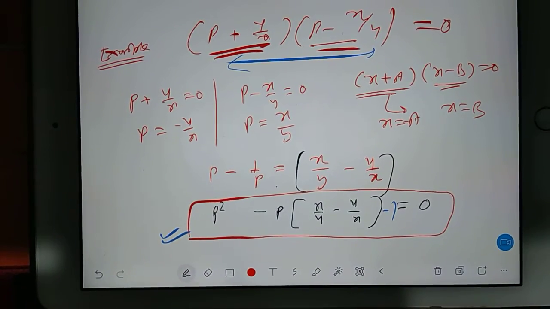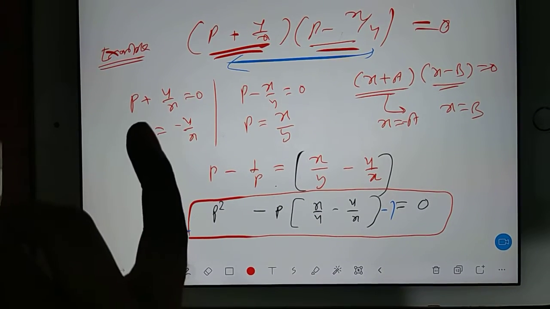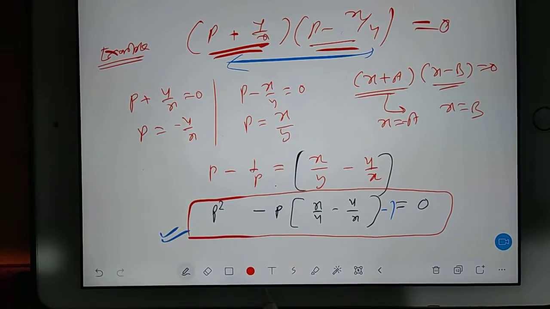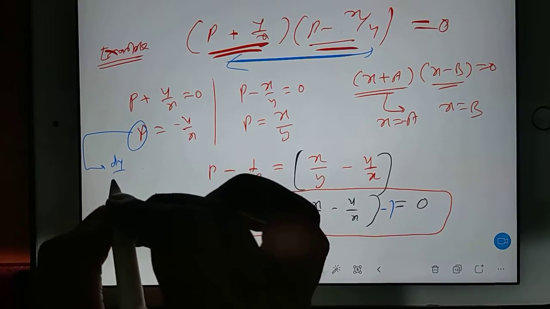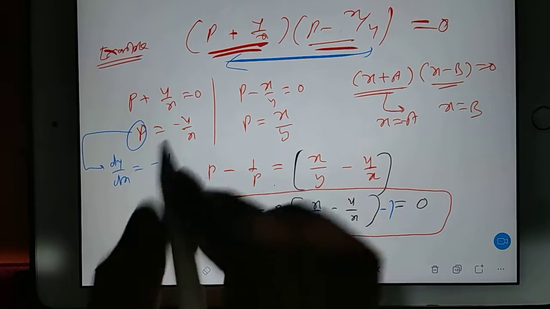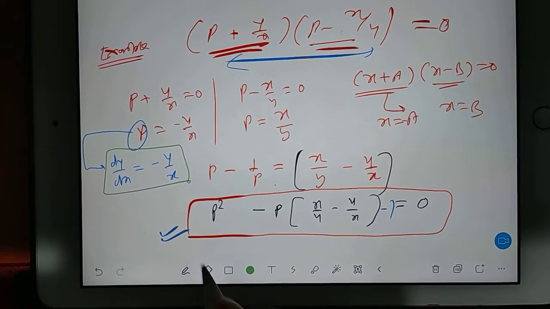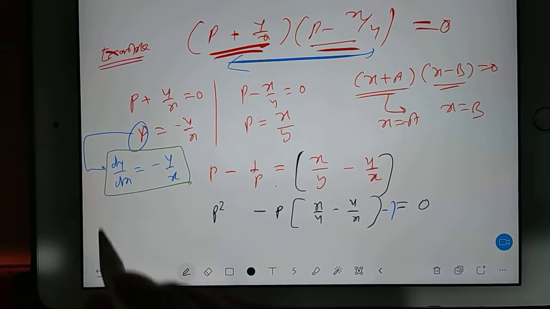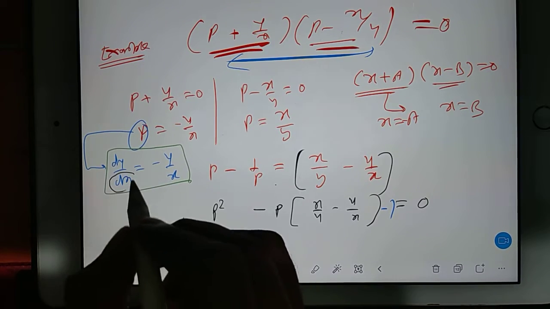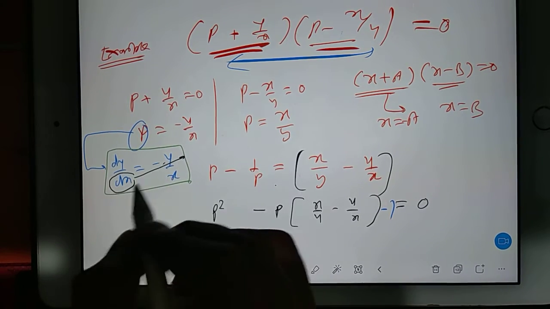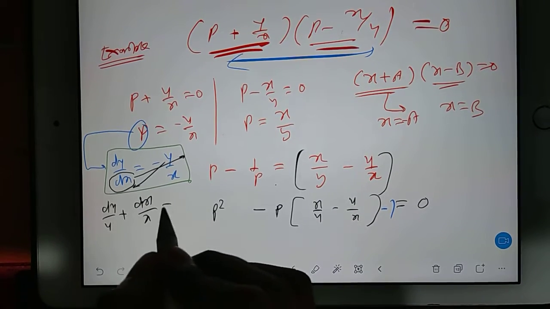So now we got two different equations, and in every equation, this p is dy by dx. So take this equation, so it will be dy by dx is equal to minus y by x. Now you apply the variable separable method here. So that's what I said, it does not have any hard and fast rule. It is based on your IQ. If you are good in differential equations, you can crack this. You send dx here and y here, so this equation will look like dy by y plus dx by x is equal to 0.